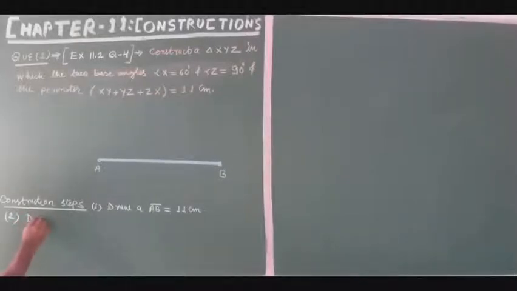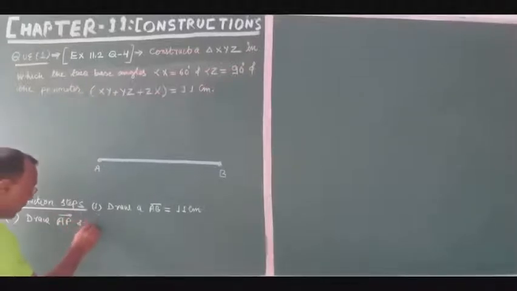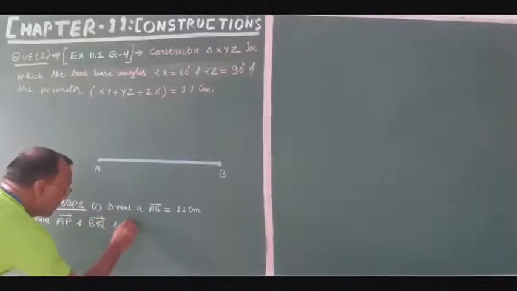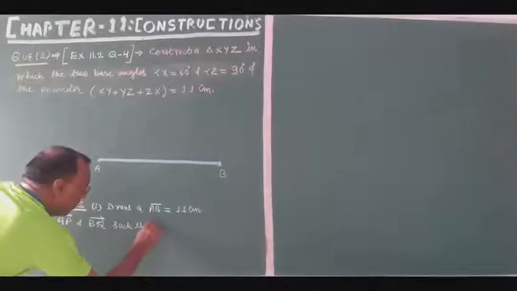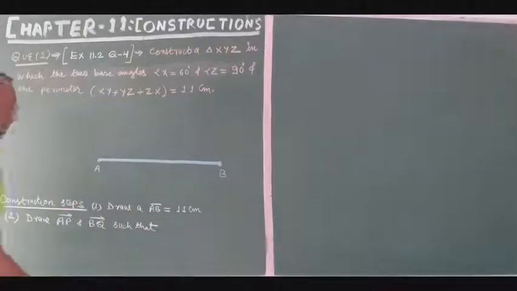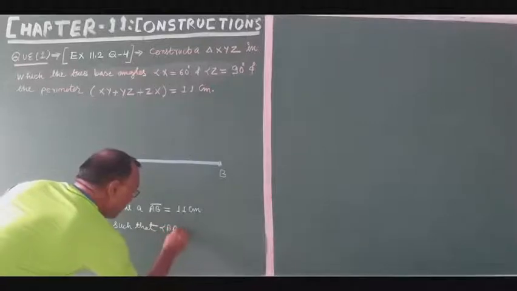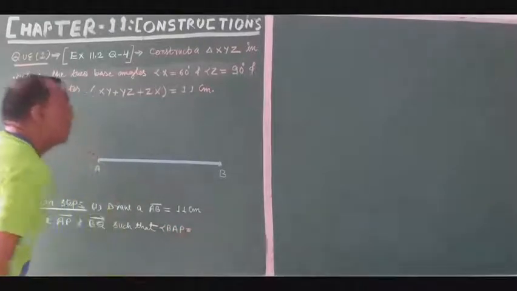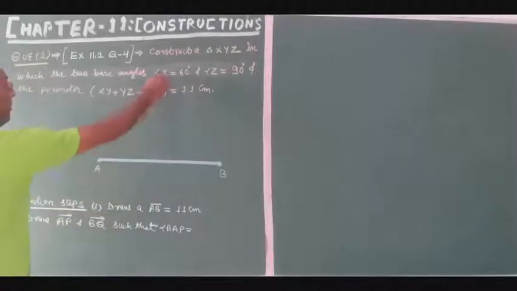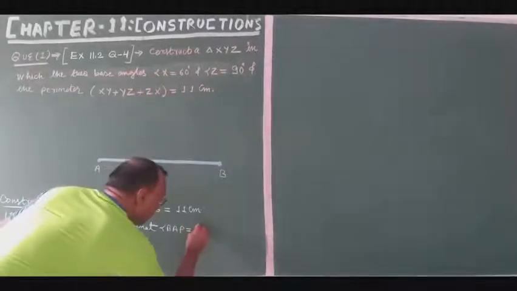Draw these two rays AP and BQ such that this angle BAP will be how much? Half of this angle, half of